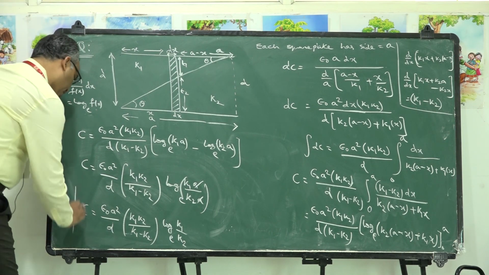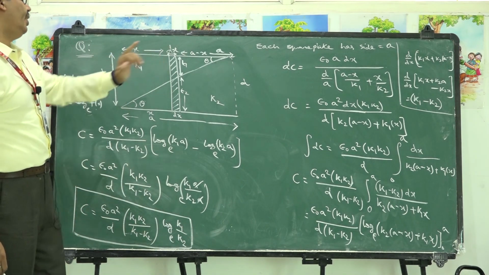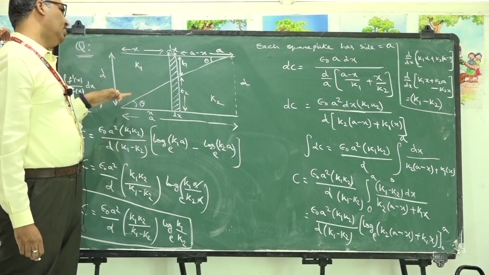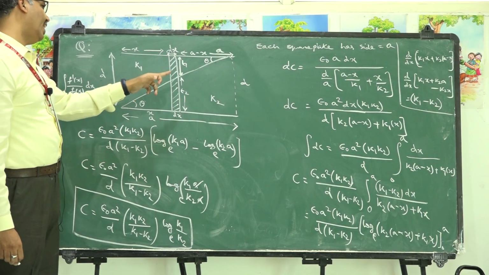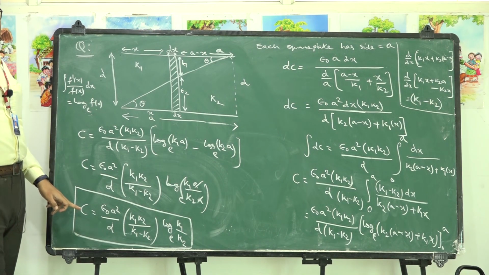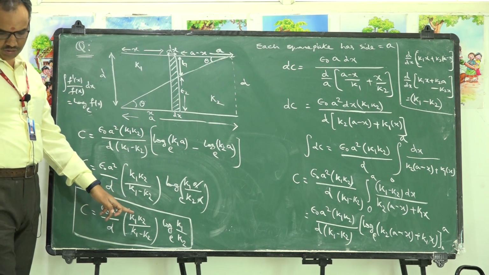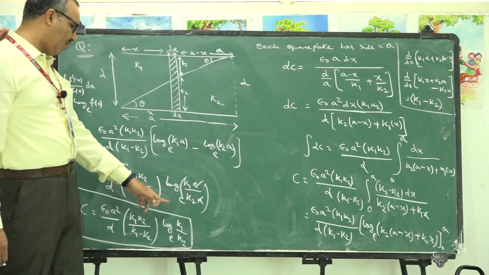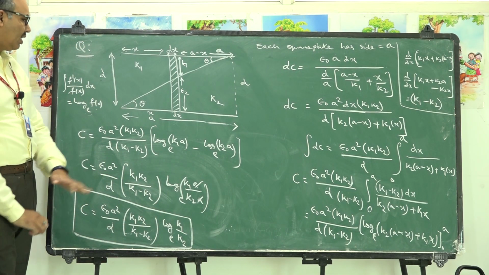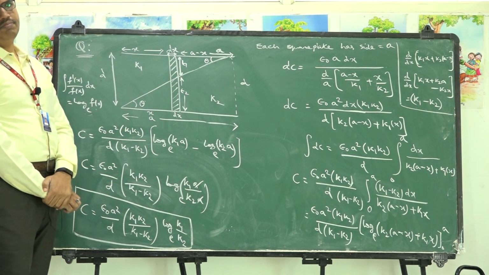This will be the capacitance of a parallel plate capacitor with two square plates each of side A and separated by a distance d, and the space between the two plates is filled with two dielectrics as triangular laminas as shown in the figure. So the effective capacitance of the capacitor is given by epsilon naught A square by d into K1 K2 by (K1 minus K2) into log of K1 by K2 to the base e. I hope you understood this. Little mathematical knowledge is required for doing the calculation. So based on that, you can do this problem. Thank you.